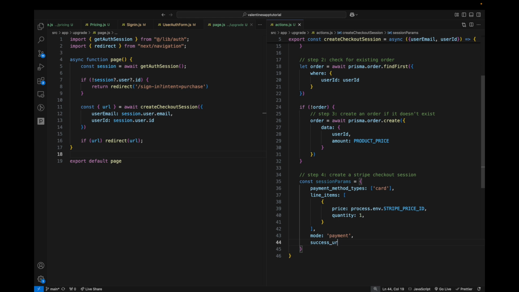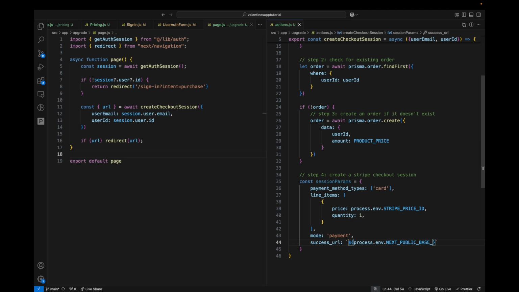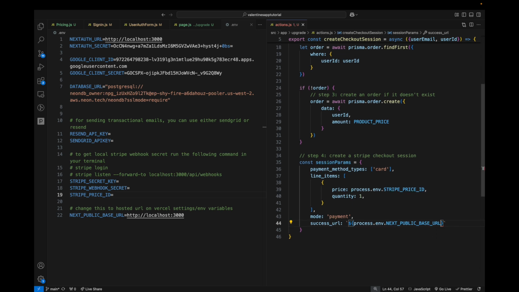And for the success URL, we're going to open a template string, and let's do process.env.next public base URL. Remember, we have that. I should just keep it open here. Yeah, we have the next public base URL. Because we're in local development now, this is localhost 3000, but after we deploy it, we're gonna need to change that to our deployed URL. But for now, we can just keep it as localhost 3000. Then the success URL, we're gonna say slash editor, and then question mark. Oops, why is it capitalized? So editor, and then attach a search param to it. So session ID is going to be equal to this checkout session ID